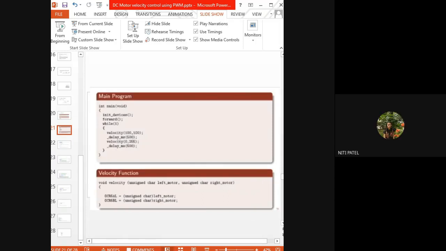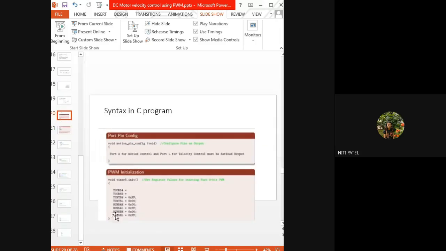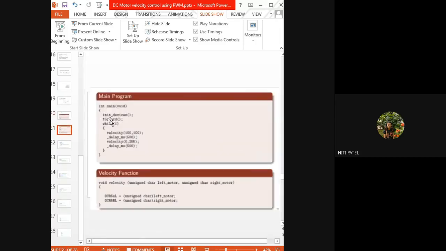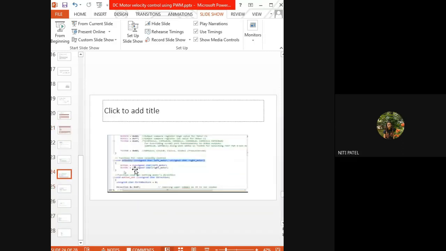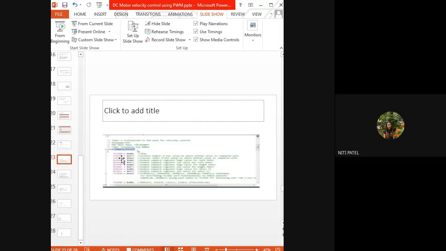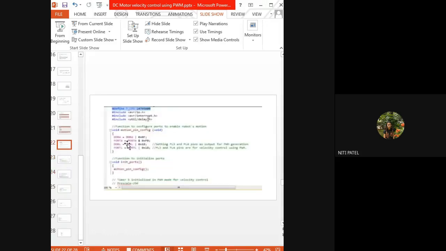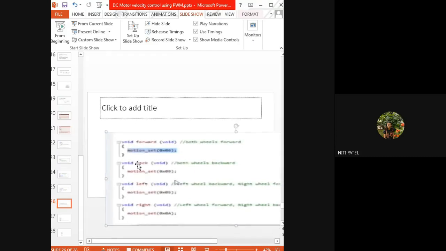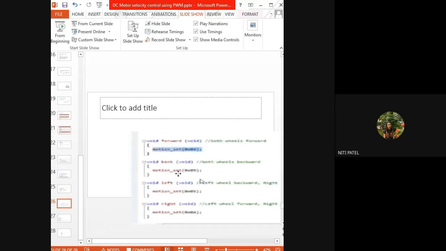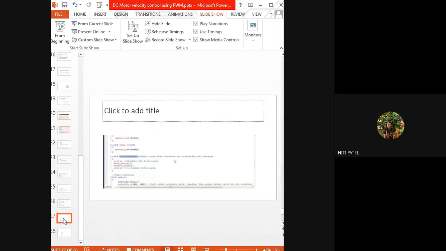Now if you see the slides ahead of this, whatever functions we have used here, like wait, initializing device, forward, backward, right, left, all this can be seen over here. तो अगर आपको backward ऐड करना है तो आपको backward कैसे ऐड करना है, that has been told. Forward कैसे ऐड करना है तो forward has been written. Okay, if you want, you can see them. Motion control, all this has been added. See, forward, back, left, right. So it will move with that particular speed.